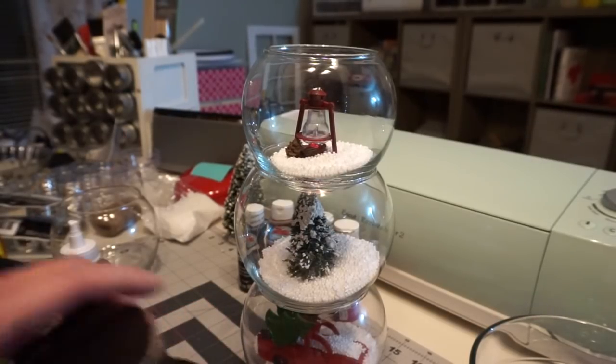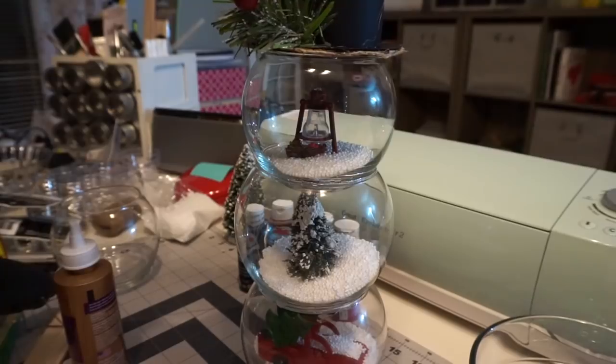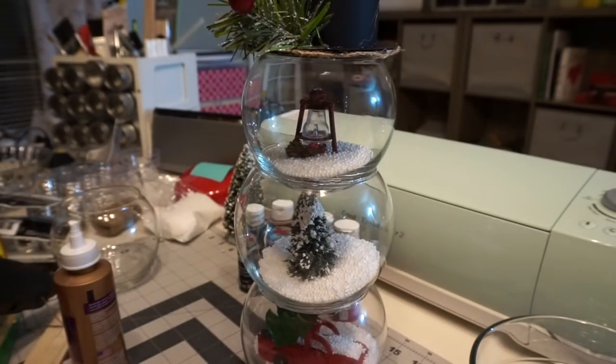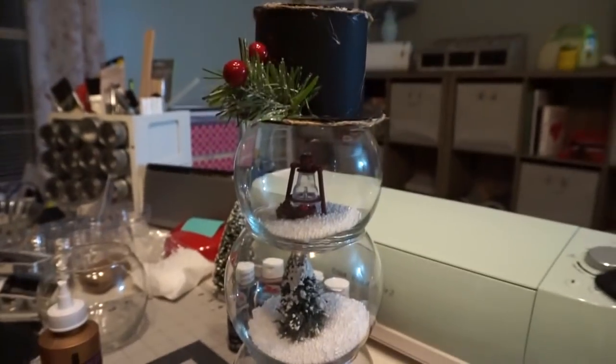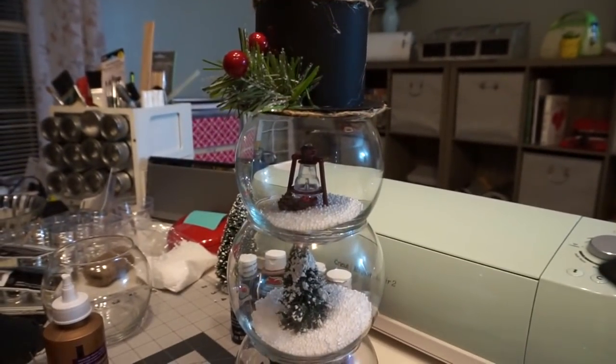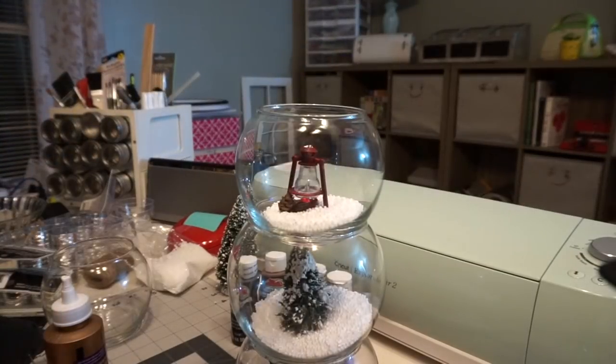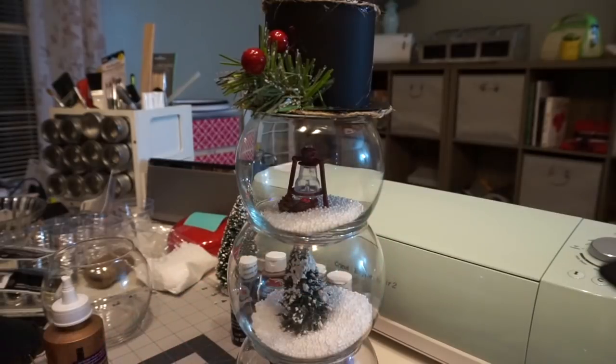All right, so now what I'm going to do is put this onto the top of our snowman. Do you see how rustic he looks now? He looks very rustic. So let me see, I need to move you up just a little bit more. So look how rustic he looks. He's got all these little spider webs on here. We'll clean those off. Once it's completely dry, I will take those off. That's not a worry. So now what I want to do is go ahead and use the E6000 though,